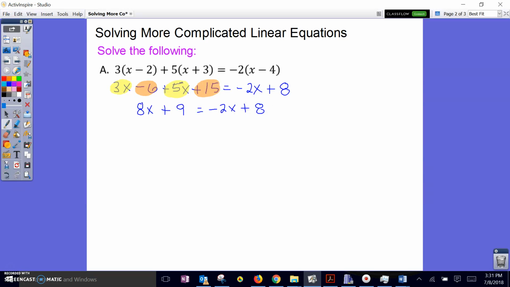And there we are. And now I'm going to move all my x's over to the left-hand side. So I want to get rid of the minus 2x on the right. That means I'm going to add 2x to both sides. And I want to get rid of the plus 9 that's on the left-hand side, so I'm going to subtract